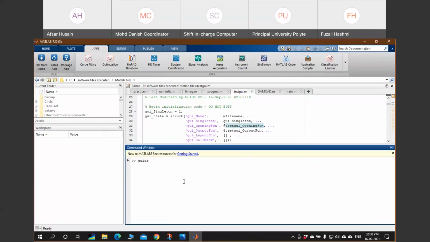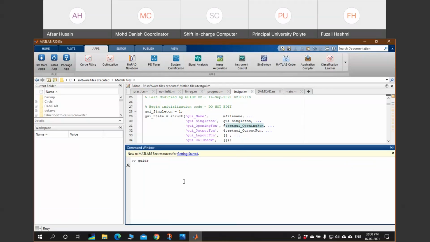It is also required to work simultaneously, because there are many advanced functions and many advanced features that you come across in this graphical user interface platform. So to initialize this platform, you have to type the guide command. Write guide in the command window and hit enter.